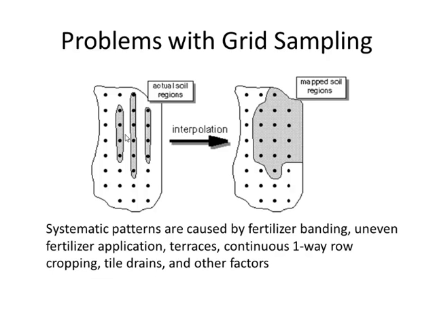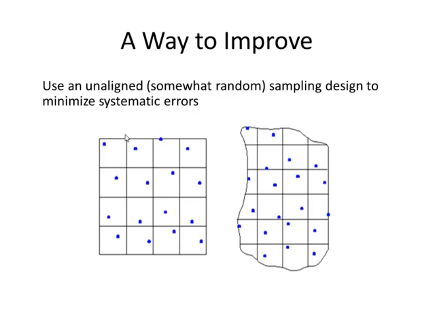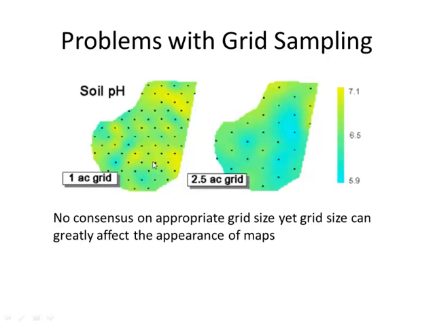And the solution is to not have the samples in the same place within each cell, but to take them at different places of the cell in order to reduce all these problems that can happen. You can see here also the density of the samples. We can have a high density or a low density. High density means a lot of cost for analysis, so it's not very convenient for us. But low density means that sometimes we are going to produce different maps.